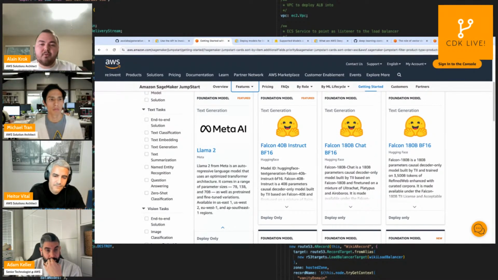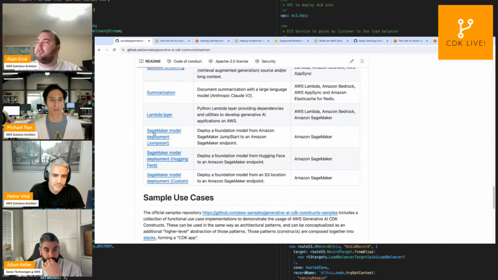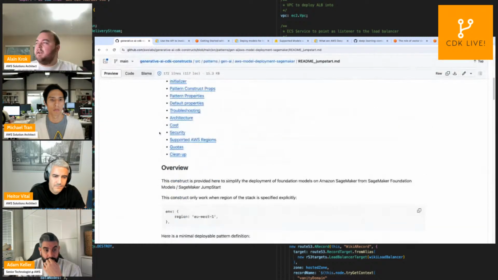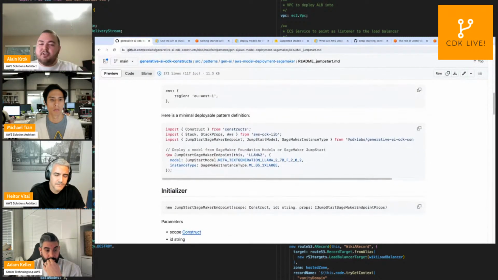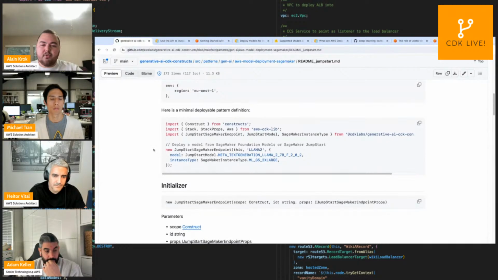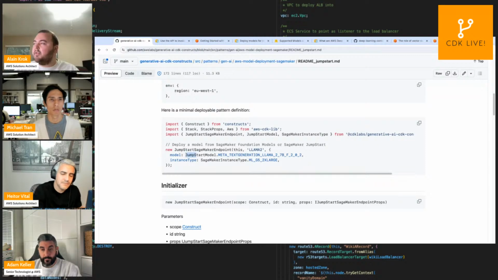But how can we do that from the CDK? That's what we offer through the first construct here, which is the SageMaker model deployment for JumpStart. In just 2 lines of code, you can deploy a model from JumpStart. We have a code generation step that we run in the library that pulls all the available models with their specifications from JumpStart, and then we provide you with a strongly typed model here.